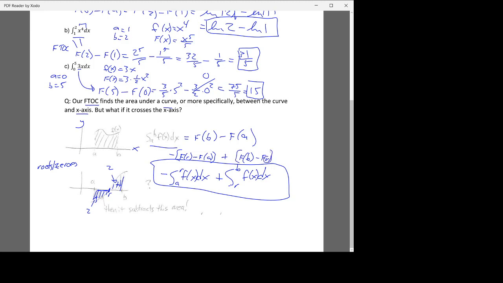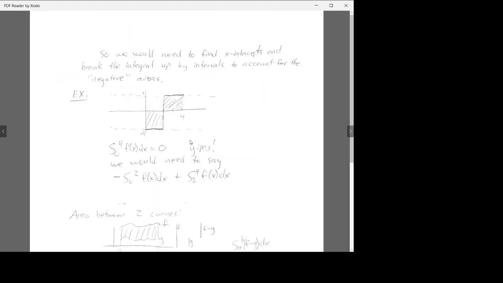And you'd have that positive. So you can kind of see here that you're going to have a minus f of r and another minus f of r. So you'll subtract this f of r twice in this case. And the thing is, often you'll just have f of x and you won't necessarily know, but you have to be kind of aware that it could cross someplace and someplace, so you might need to break it